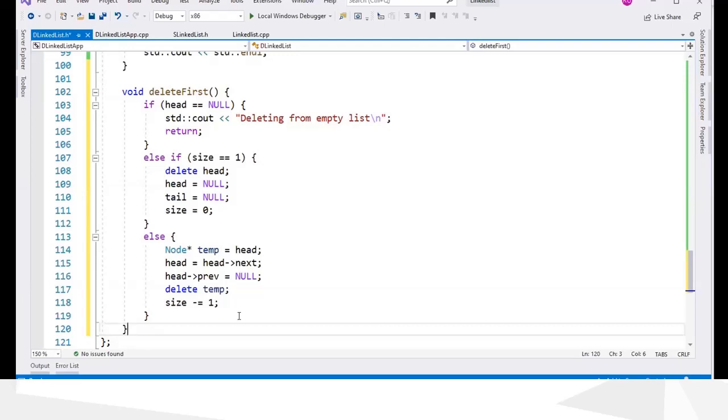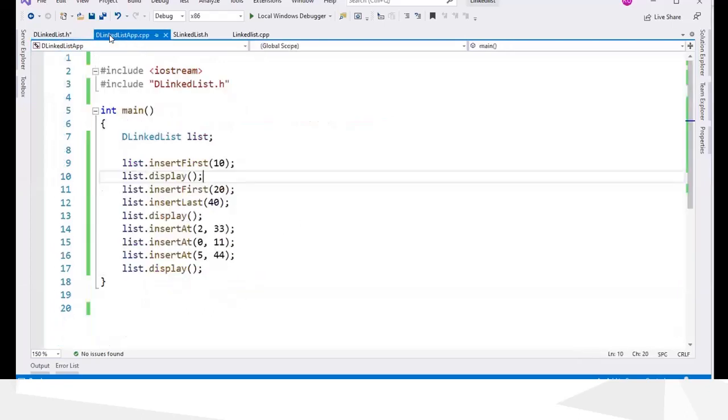So you assign the first node to the temp, the head node first, which you are going to delete, and then you make the current head the next node, the second node, and then the second node is now head. That is previous node, you make it null because you are going to delete the first node, and then you delete the first node, and then you reduce the size by 1.